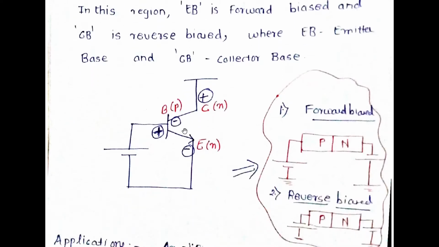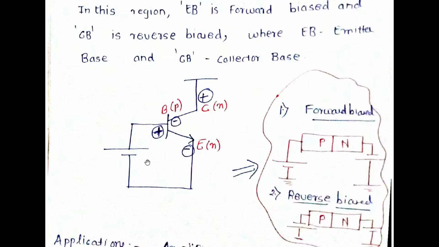If you look at this particular diagram, we have the collector, base, emitter. It's an NPN transistor. So if the EB has to be forward biased, the negative has to be connected to the negative, the positive to the positive. Similarly, if the CB has to be reverse biased, the collector, which is the n part, has to be connected to the positive, and the base of the collector base combination has to be connected to the negative. So in EB, the B is positive, whereas in CB, that combination will have B as negative.